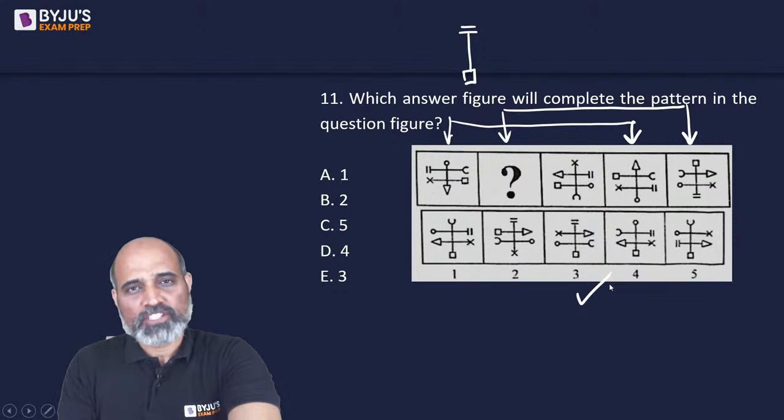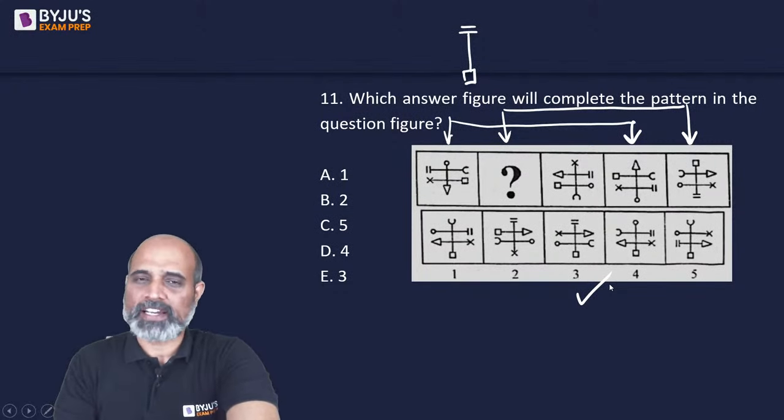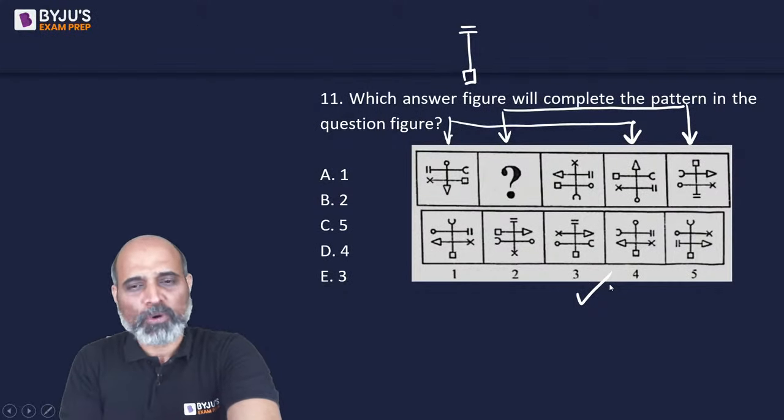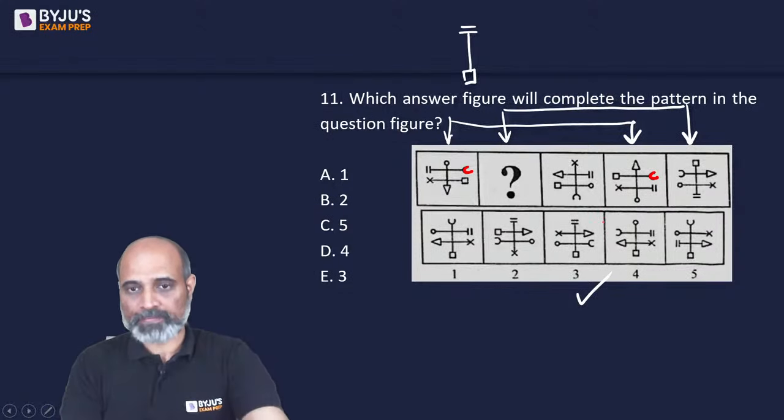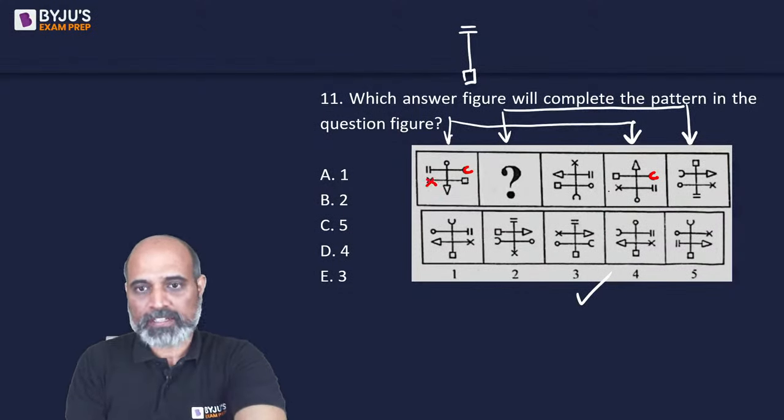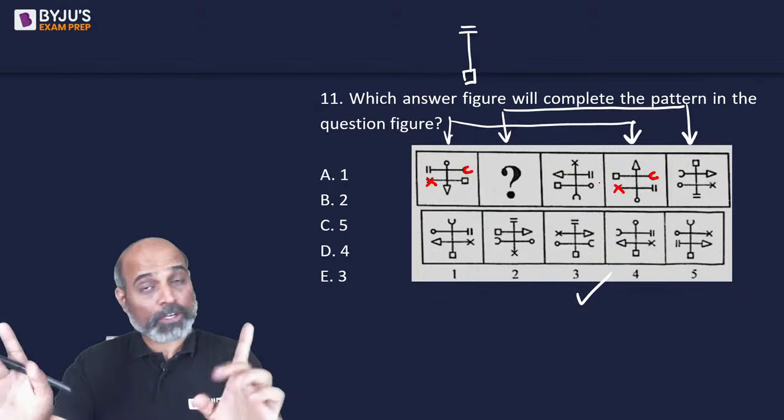बस फर्स्ट एंड थर्ड चेक कर लें। फर्स्ट फोर्थ को कंपेयर किया, यूज द सेम लॉजिक टू फिगर आउट सेकंड एंड फिफ्थ। इफ यू वांट टू बी मोर कॉन्फिडेंट, मैं भी होना चाहता हूं। सो इन द फर्स्ट फिगर आई हैव अ सी हियर, सो द सी स्टेज देयर, मतलब ये वाला सिंबल उधर ही को रहेगा। आई हैव अ क्रॉस हेयर, इट स्टेज देयर, ये भी उधर ही को रहेगा।